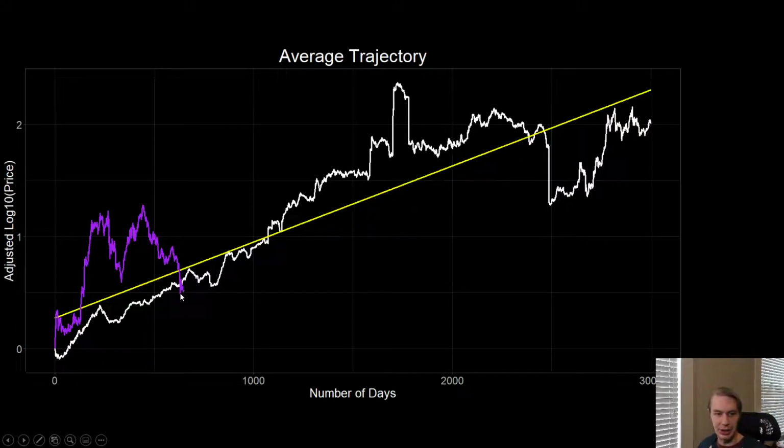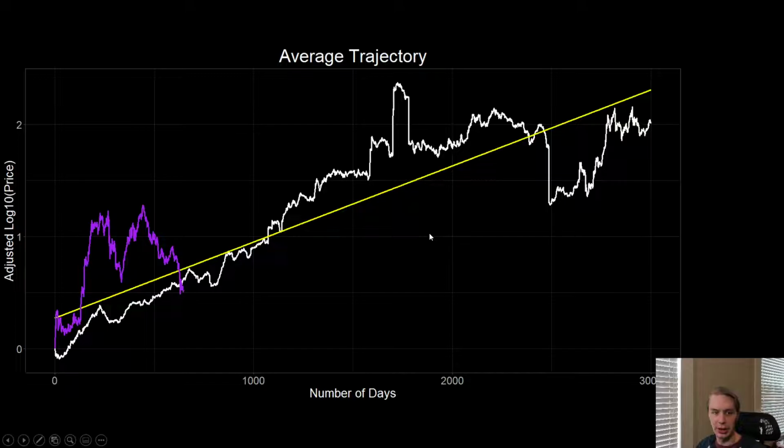So if DOT were to only follow this average trajectory line, we might expect it to at least reclaim some of these levels by a year from now, more or less, a little less than a year from now. And so that might mean that, if you assume DOT will follow this line, it is in an undervalued state from this analysis perspective. None of this is gospel. A lot of it depends on what your thesis is on DOT. You think it's going to be able to continue to outperform the average asset like it did back here. But if you do, then it gives some nice targets to look for as DOT gets older and older.